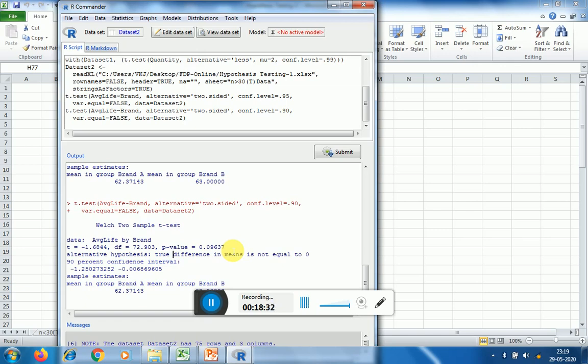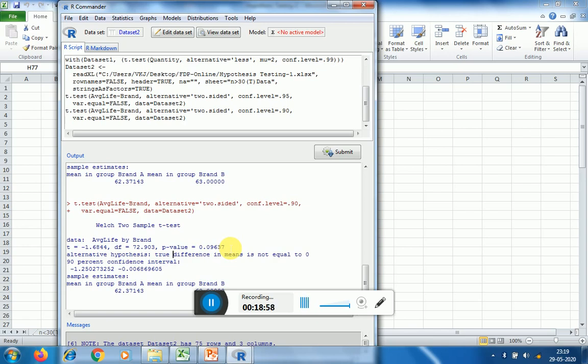If you keep your level of significance at a higher level, from 1% to 5%, 5% to 10%, then the chances of accepting your alternative hypothesis may increase. So this is how you can compare your hypothesis at 1%, 5% and 10% level of significance.